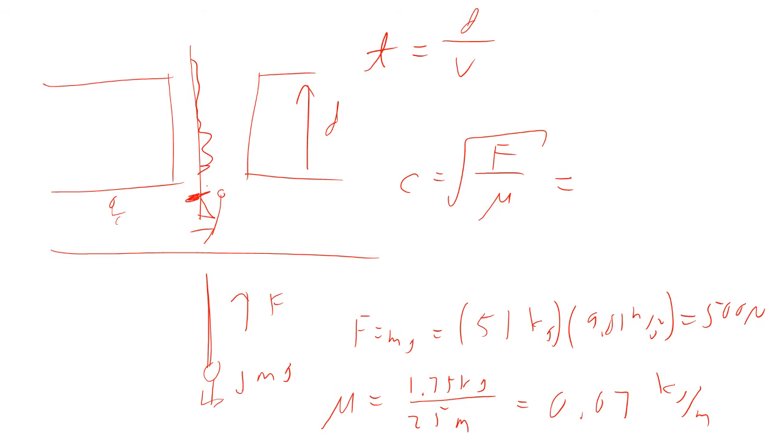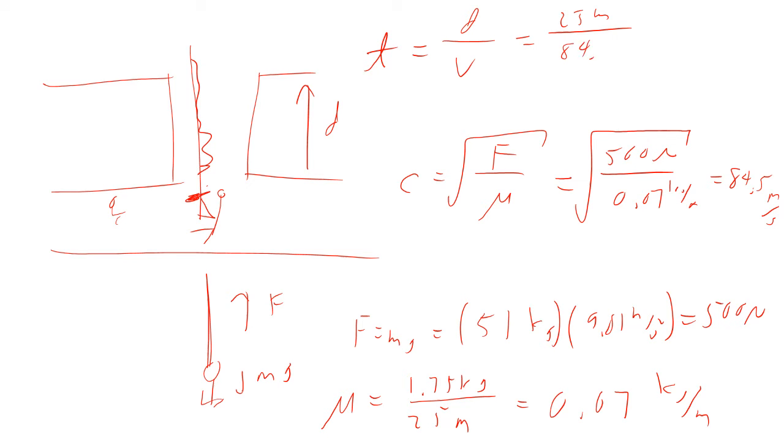And so the speed of the wave is going to be the square root of 500 newtons divided by 0.07 kilograms per meter, and that comes out to be 84.5 meters per second. So this is 25 meters divided by 84.5 meters per second. And so it takes about 0.296 seconds, so less than a third of a second, for that wave to reach